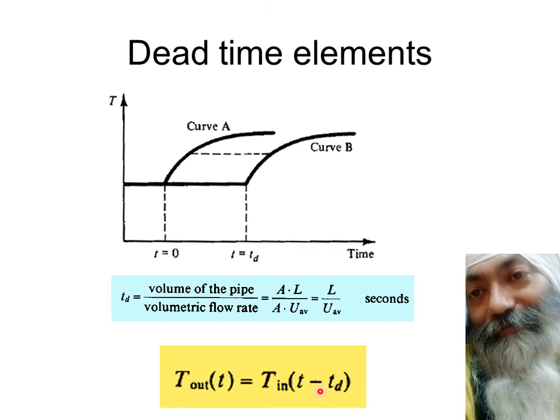As you know about the Laplace transforms, we will discuss all this in detail sometime later, but right now I think it's sufficient for us to understand that the outlet function is the same as the inlet function, but with the delay, which is represented by this t minus TD, because we have delay over here, so it's happening TD seconds later, and that's why you put a minus sign over here. So friends, this was about the dead time elements, and they need to be modeled. Whenever you go in for modeling, this is one element which needs to be modeled accordingly.